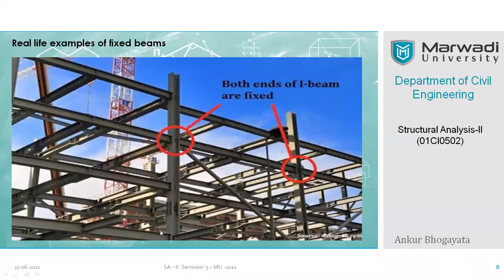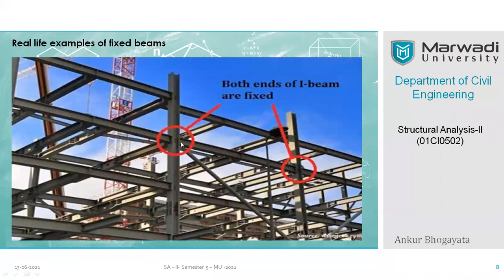In this case, you can see there is a small cantilevered beam which is projected from this beam itself. If it is possible for you, you can see that there is welding done. So welding gives you a 100% rigid connection. So this is again a fixed joint or fixed connection for this cantilever. And as you know, a characteristic of a cantilever is that one support is always a rigid or fixed support. And that is why that need is satisfied over here.